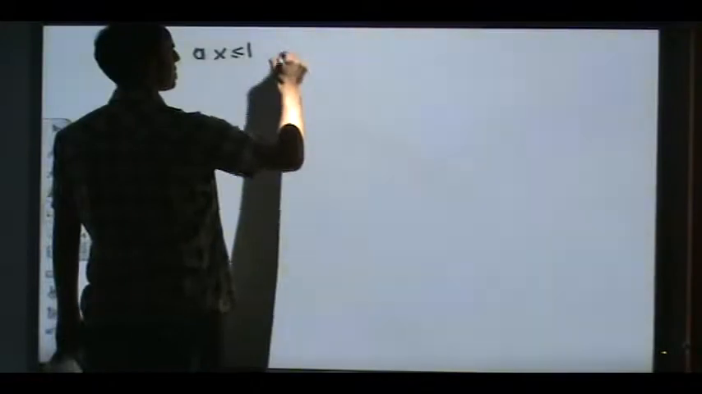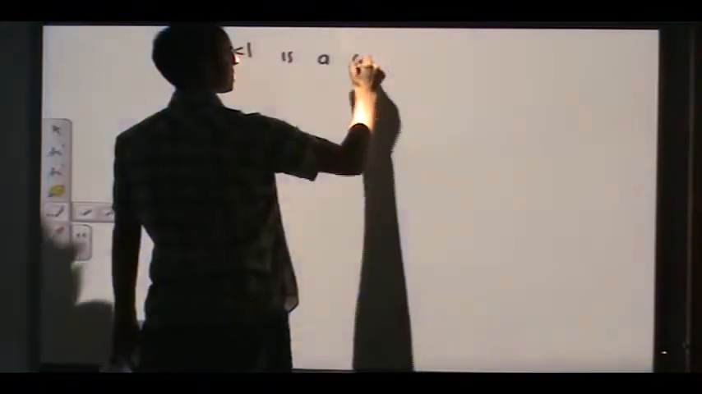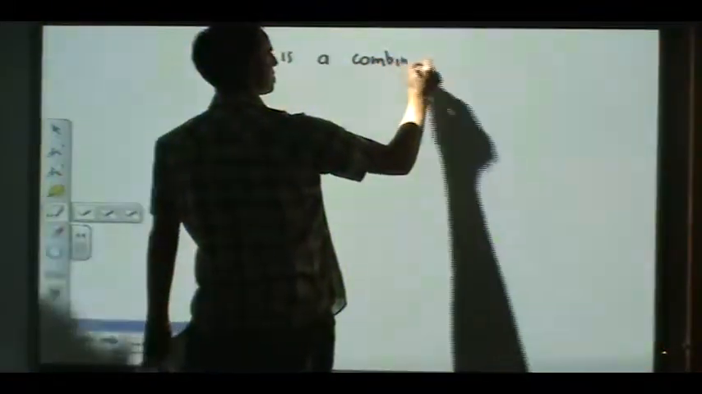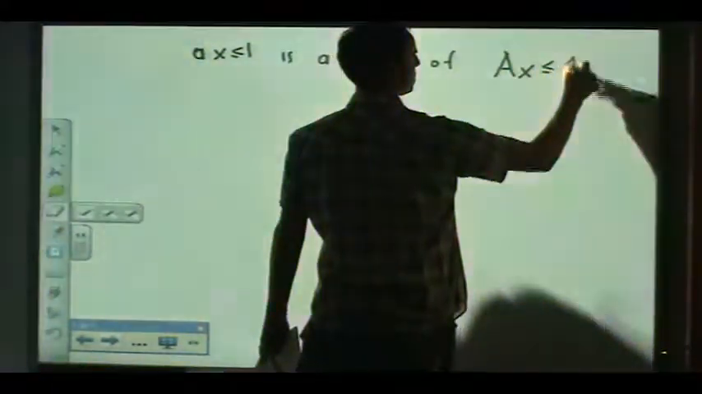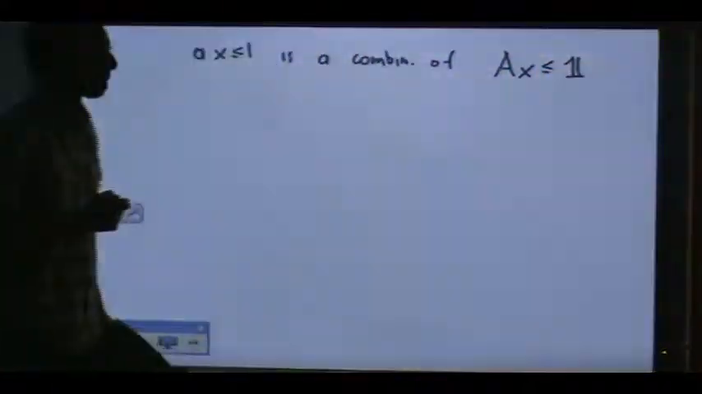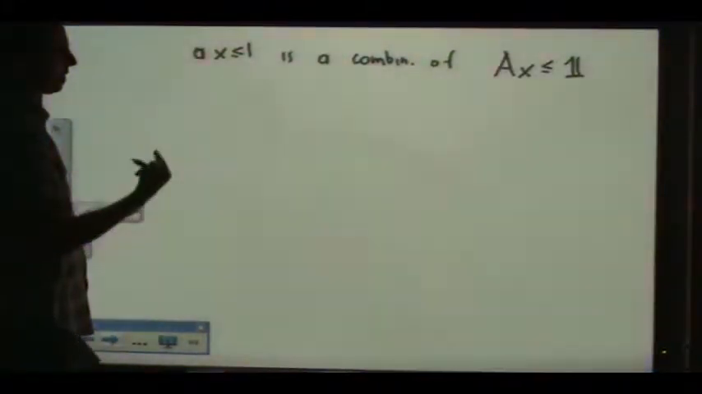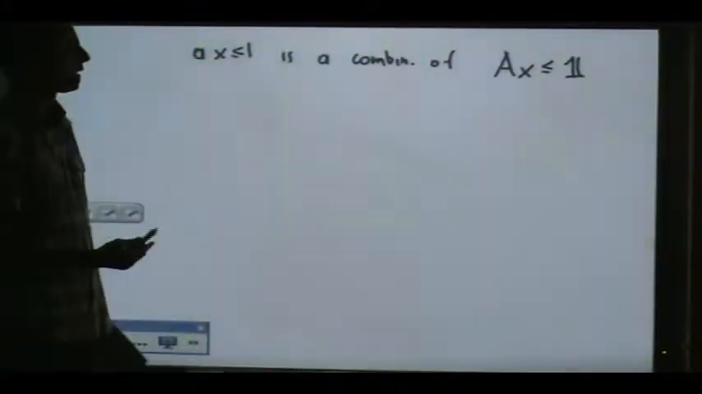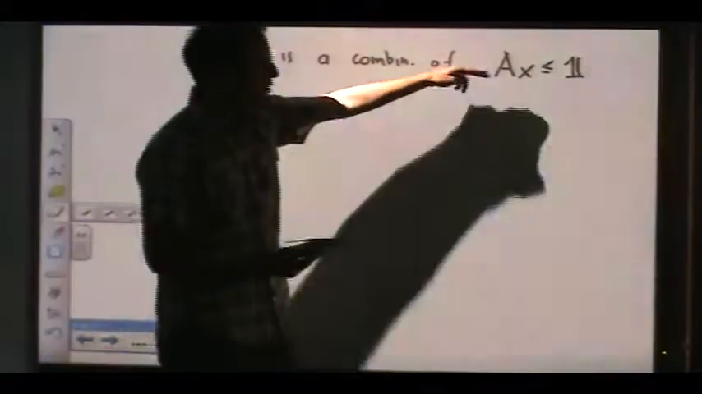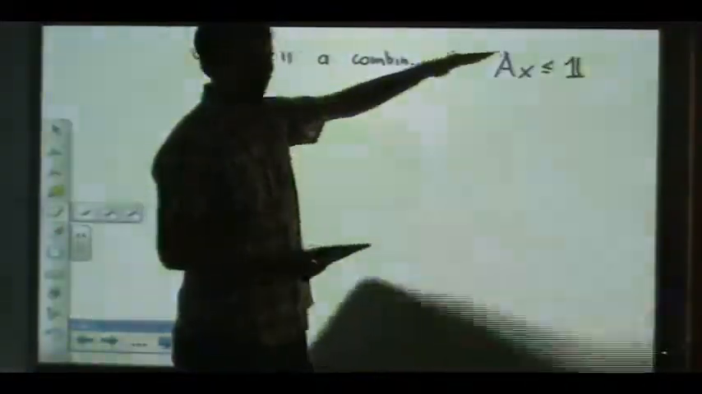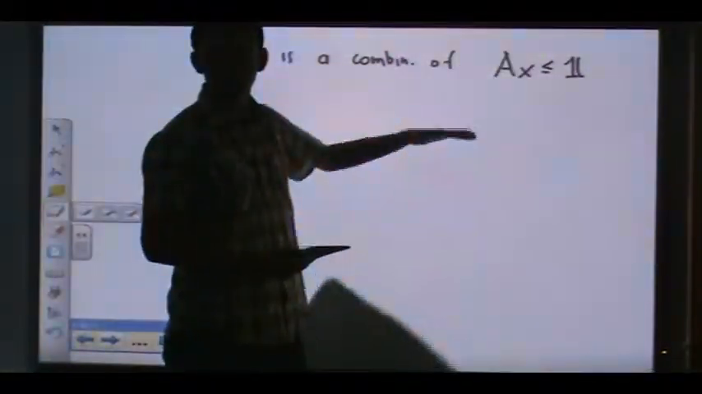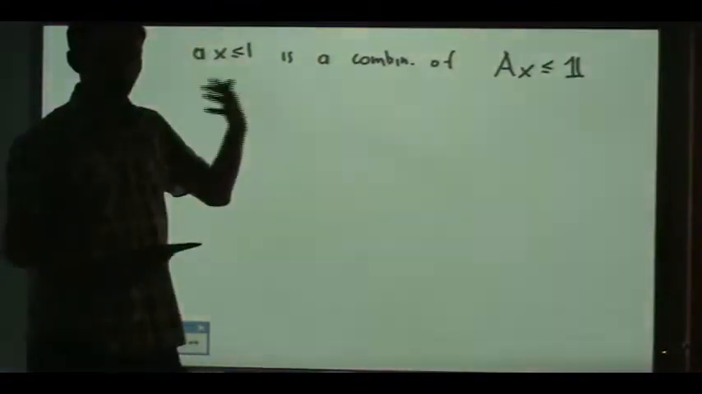So we're saying that little AX less than or equal to 1 is a combination of capital AX less than or equal to 1. Okay? How do we write a combination? Each one of these inequalities is a row inequality, right? And so if you want to write a combination of them,